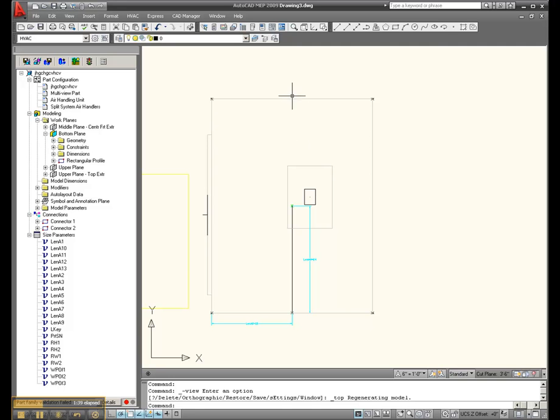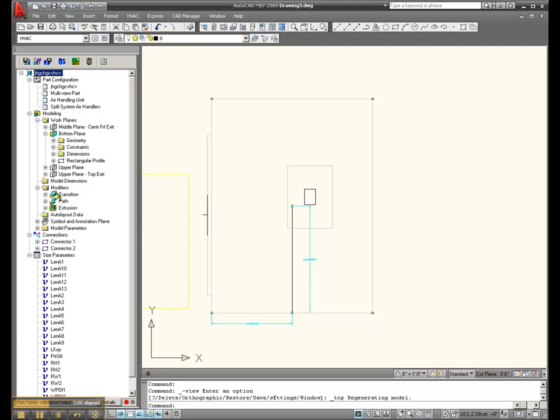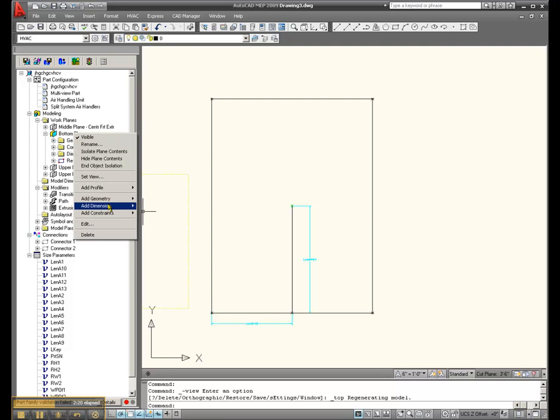I noticed something here. I didn't dimension this profile of the main body. Should have done that. So let's turn off the extrusions. To turn off the extrusions, we need to go back here to modifiers, make them invisible. There. So we're left with the connectors. We can turn those off. Okay. And now we're just left with the objects on the bottom plane, and we forgot to dimension the main